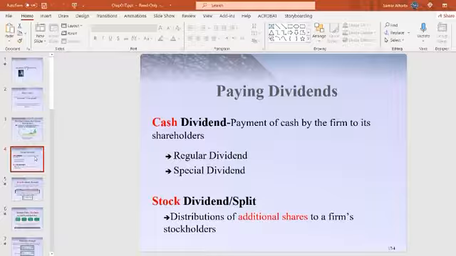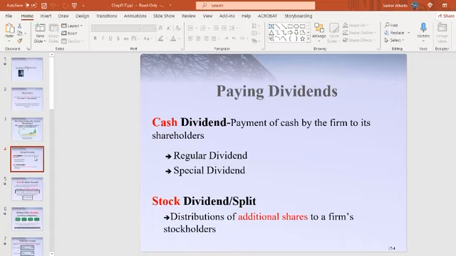Another type of dividends is also called special dividends. So this will be only one or two times, special, like from the name. Let's say this year the company has a good performance and decides to distribute extra, they call it special. So they may not distribute this the next year or the year after. This is special. However, with regular, every year you will receive dividends. So this one we call cash.